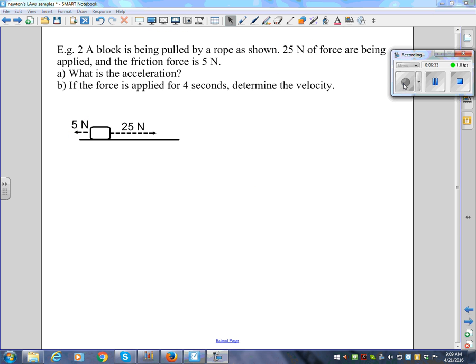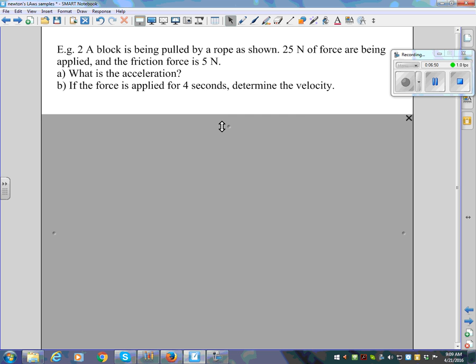Okay, let's add a little degree of difficulty here. Here we have a block being pulled by a rope as shown, 25 newtons of force is being applied. I don't think you guys have the picture, right? Okay, so you probably want to draw, you know what, let's just do this for a second. Block is being pulled by a rope as shown, 25 newtons of force is being applied, and the friction force is 5. So to draw the free body diagram,